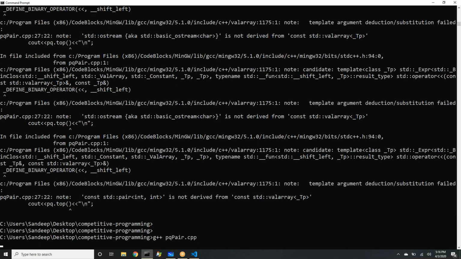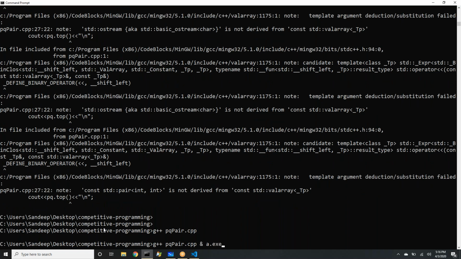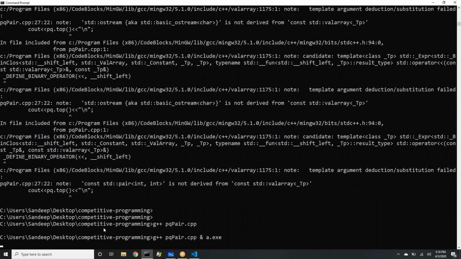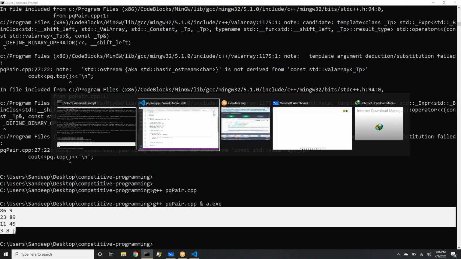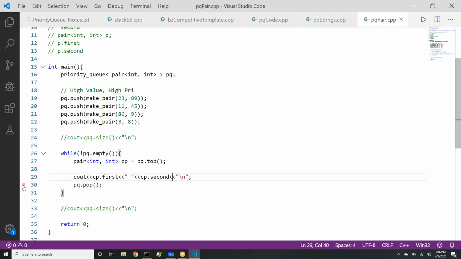So I believe that was the only issue. Yeah. So see, one issue and such a big log. So let's go and run this now. And what we see is they are coming in sorted order, reverse sorted order of the first field, right? Now my simple question to you is, what if we want to sort on the second field? We want this output, but it should be sorted on the second field.